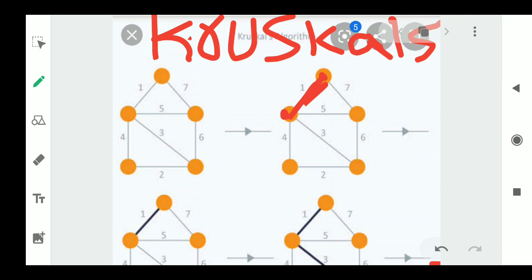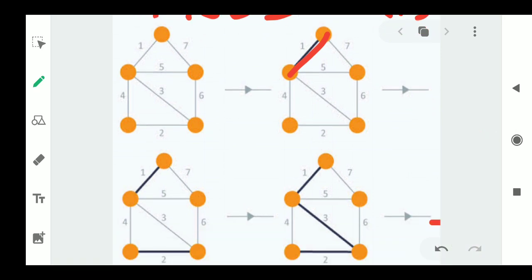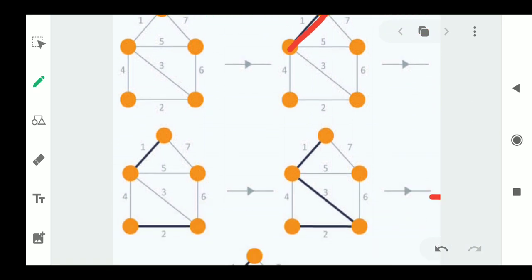After that, no need to go for adjacent ones. No need to go for the adjacent nodes of this particular node or this particular node. So now again you select the next least cost edge. Here the least cost weight is 1, right? That's why we have selected 1. Now we select among all these edges, which one is the least cost next to 1? Yes, 2 is the least cost one. That's why I have selected 2.